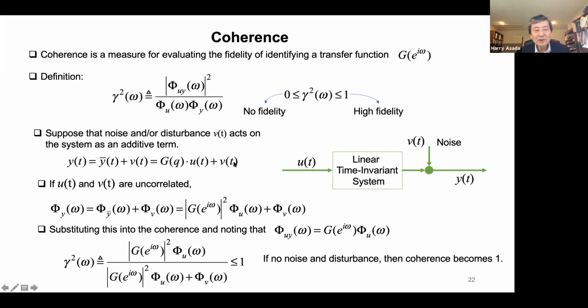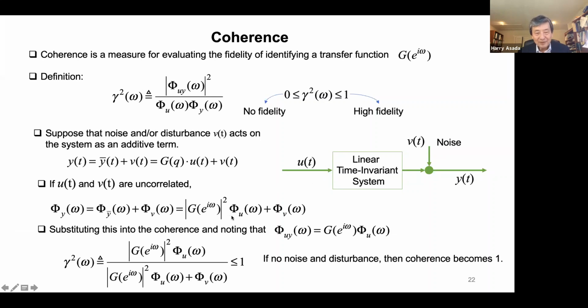This part, the power spectrum, is actually phi v omega. That's actually kind of a definition, so we write it this way. And the power spectrum of this part, which is the noise-free part, the Y bar part, is basically